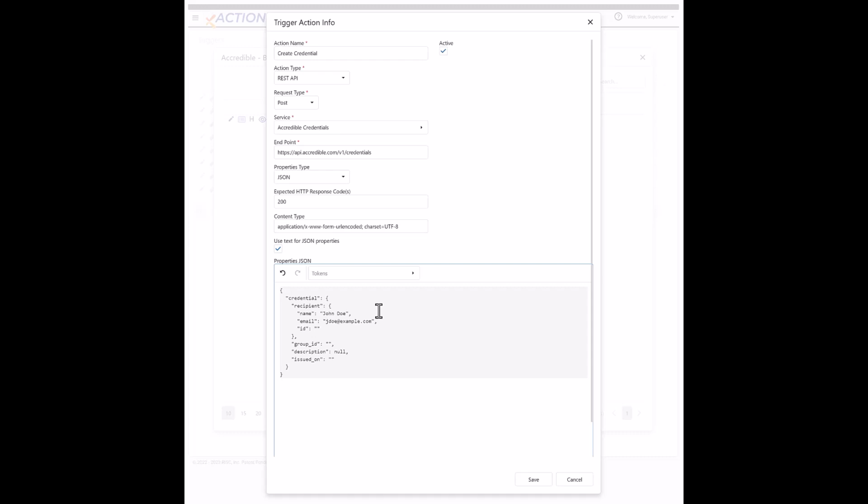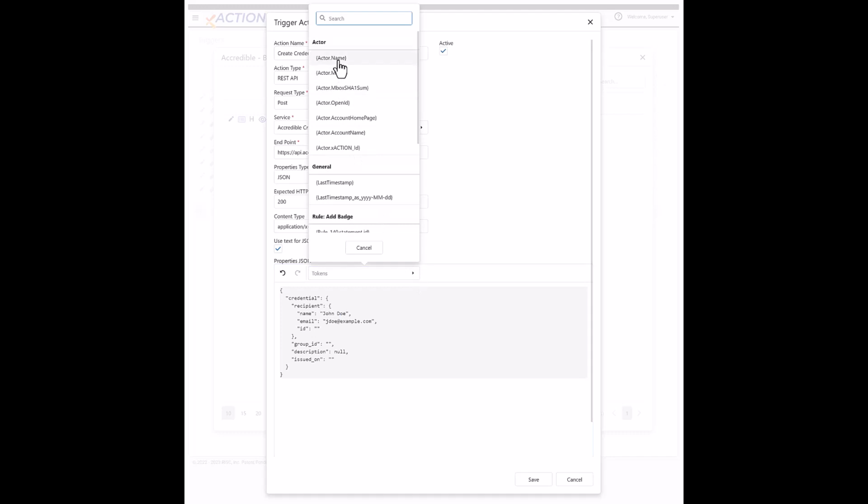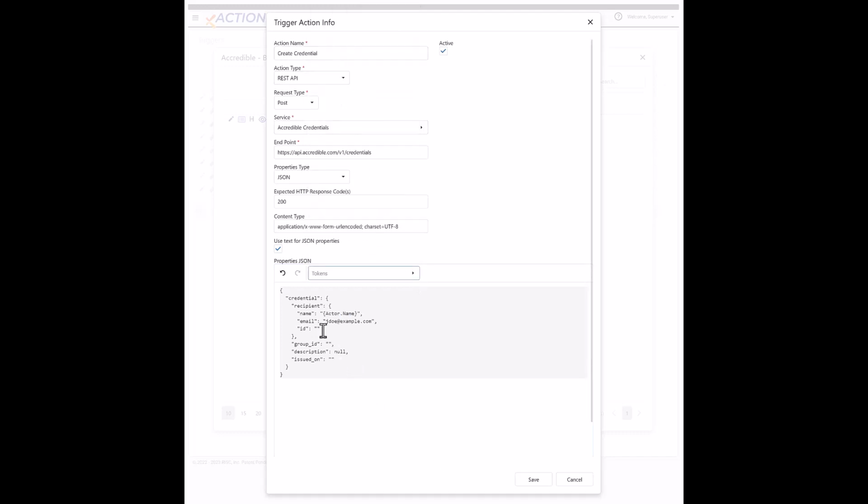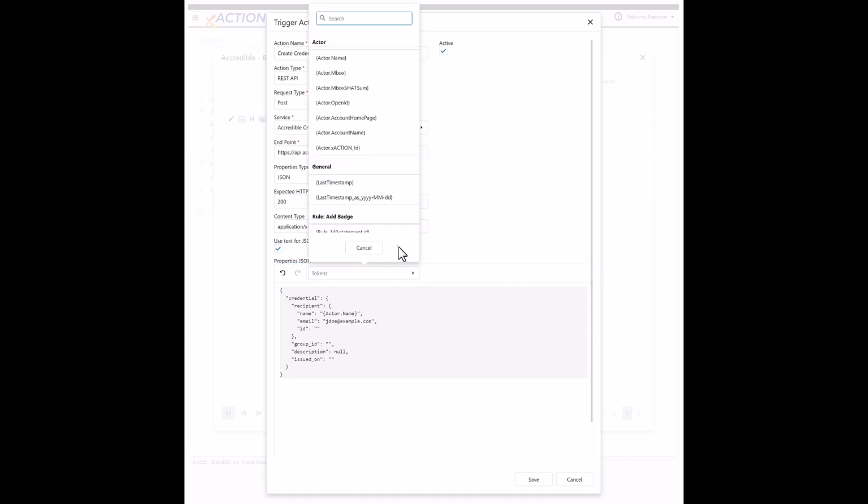Now I took a lot of things out that I don't really need, but more importantly I need to put in tokens here. So the recipient of the badge, their name, will be the actor name, and that pastes in nicely. I need their inbox value here,